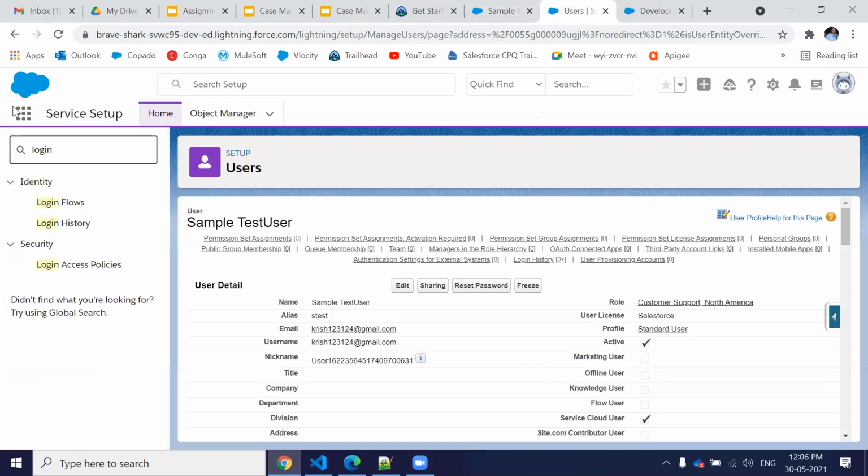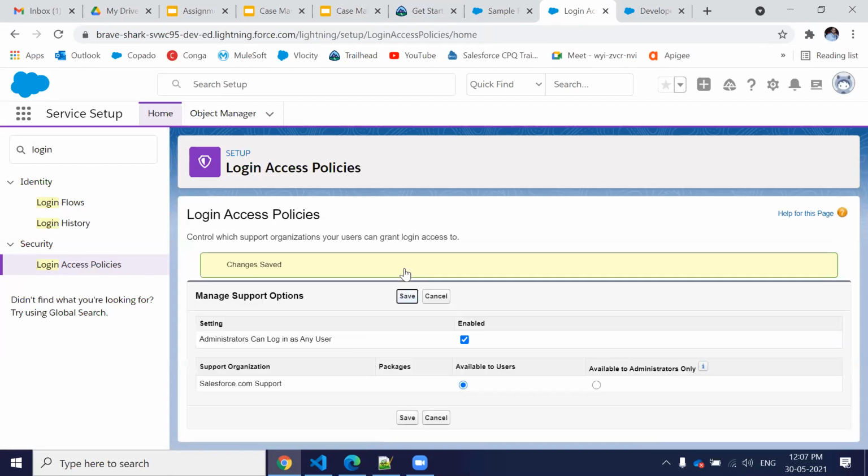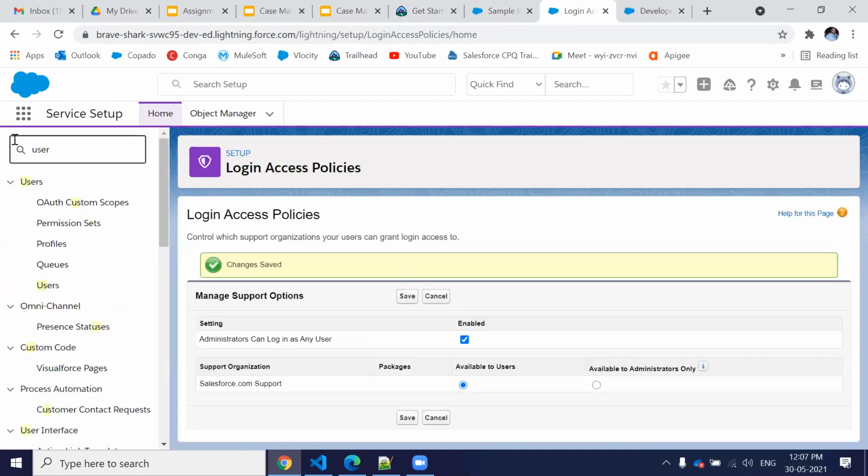One more thing I need to check is the login access policy, so that while I'm logging in with that, it does not log me out. So let's just go to the user.